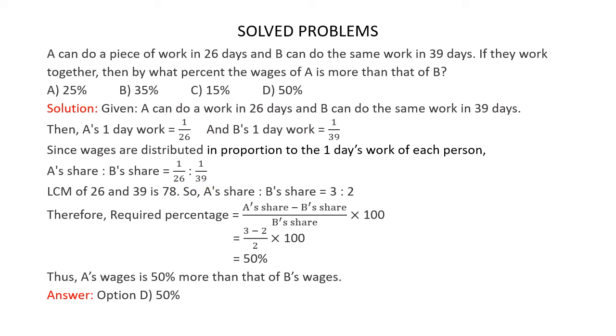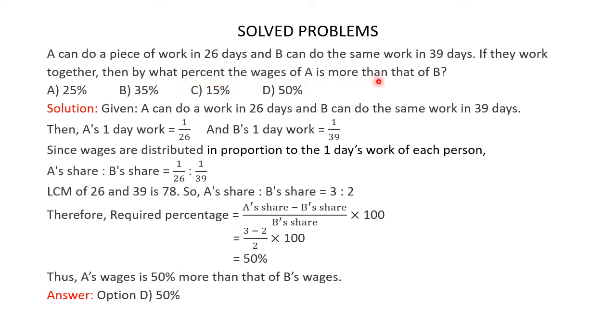Now the LCM of the denominators 26 and 39 is 78. So multiplying each term of the ratio with 78, we get A's share is to B's share is equal to 3 is to 2. Now we are asked to find by what percent the wages of A is more than